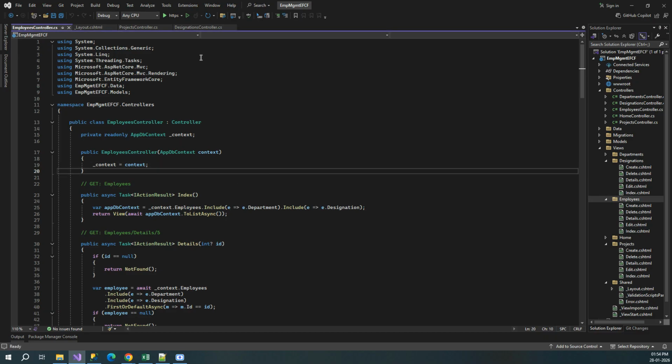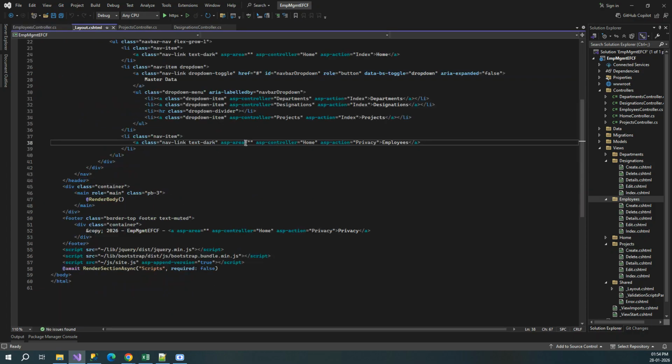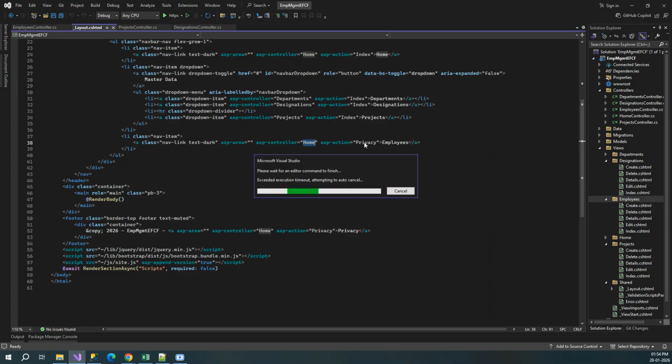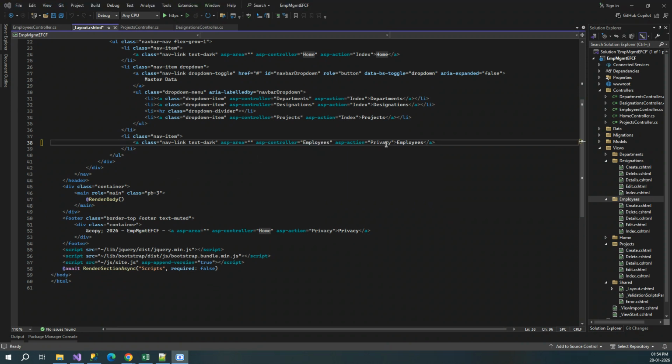Now the next thing we need to do is to fix the menu. So earlier we have just added the menu but not specified the controller and method name. So let's do this. This should be employees, and this should be the index method. Let's change this to index method. Okay. We save this, close this file,